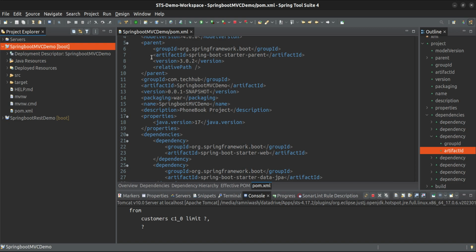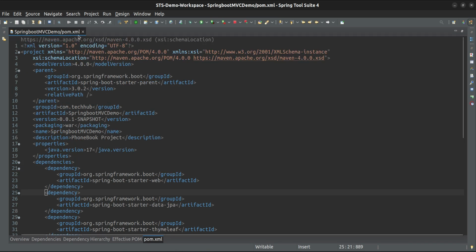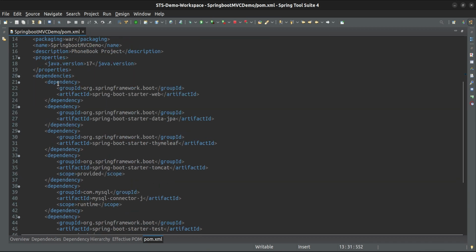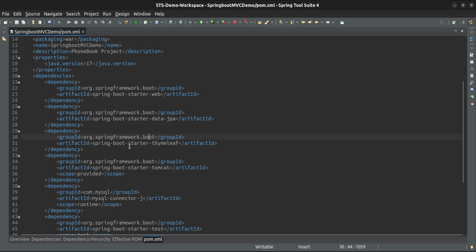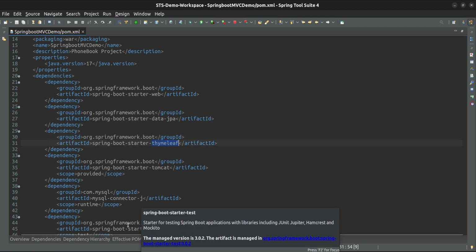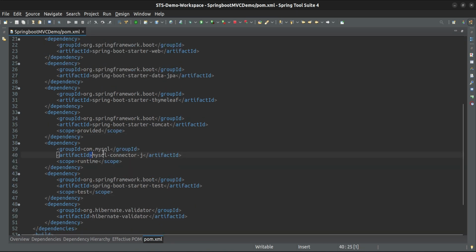That is Spring REST. And if you see the pom.xml, actually in the last session I did not show you that pom.xml for Spring Boot MVC demo. So what was our dependency? Spring Boot starter web, so the web module will be started. Starter data JPA to start JPA for the data source. Thymeleaf to enable the Thymeleaf engine in HTML. Embedded Tomcat starter. MySQL dependency,